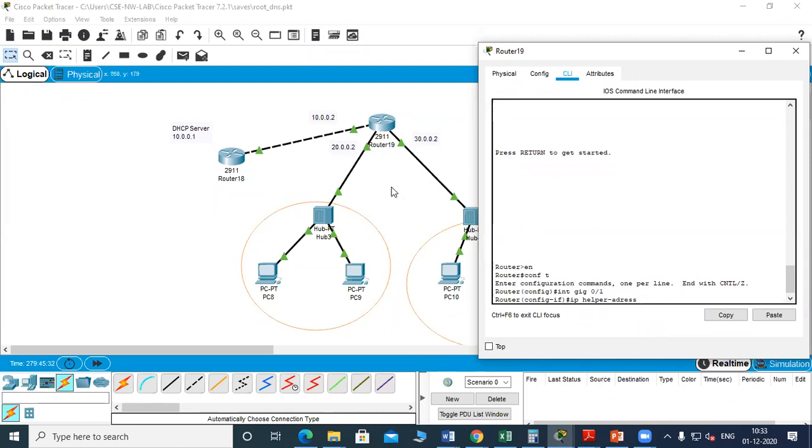Now, which is the address? All the packets have to go to this DHCP server. So it is 10.0.0.1.